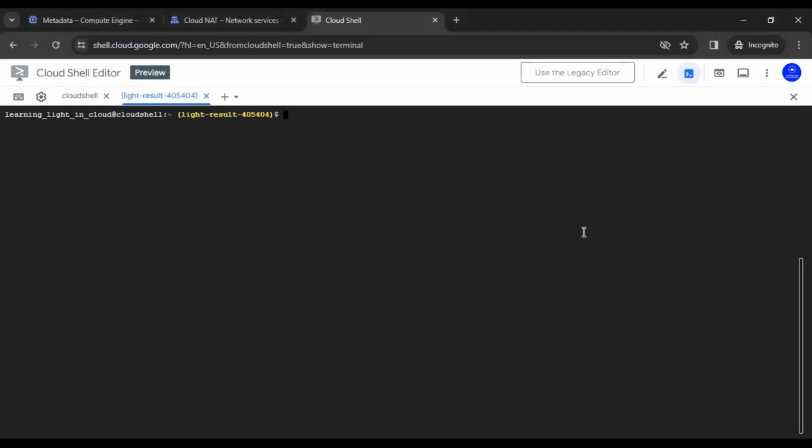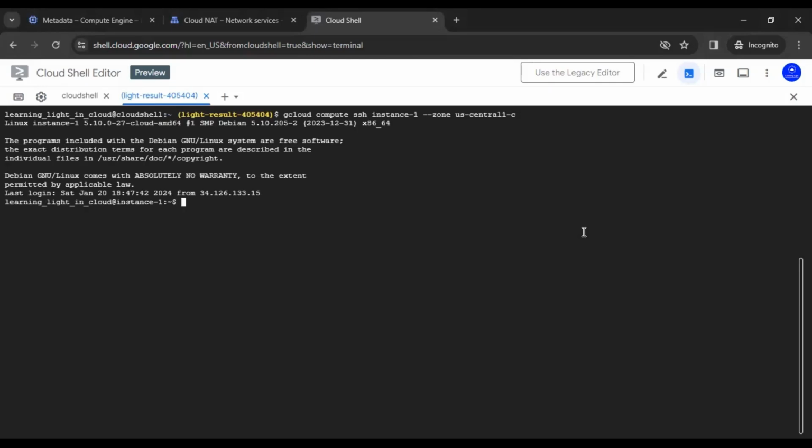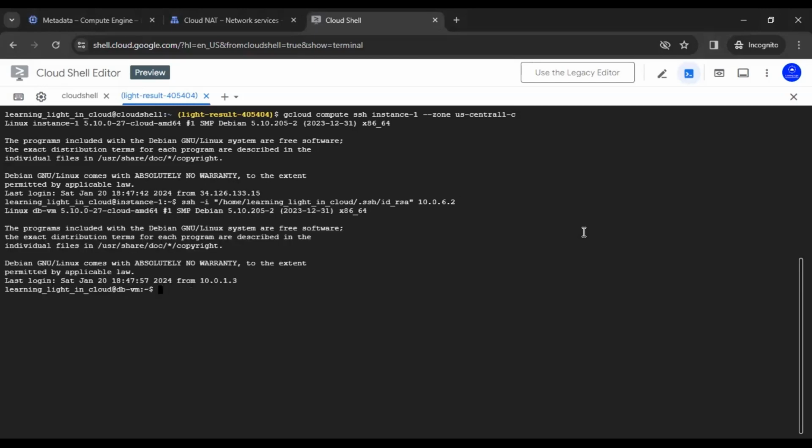Now let's first connect to instance 1, because that's the instance from where we are able to connect to our DB VM. So if we go ahead and connect to this VM instance 1, and then from instance 1, we try to connect to this DB VM with the private IP, first let's try whether we are able to reach the internet with the update command. So maybe we can say sudo apt-get update